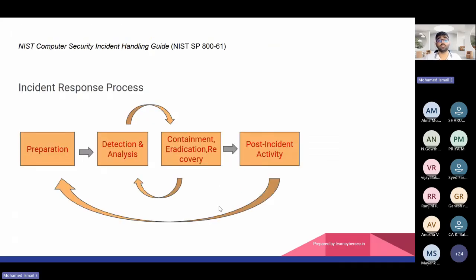So now come to the incident response program. When there is an incident, there is a proper process we need to follow. Multiple central bodies developed these policies. For example: preparation, detection and analysis, containment, eradication and recovery, post-incident activity. I would ask you to remember this flow in order. If someone asks you to tell the incident response process as per NIST's Computer Security Incident Handling Guide, SP 800-61, you may not see this question in the exam, but you must know which one is the last, which one is the middle, and which one is the first.